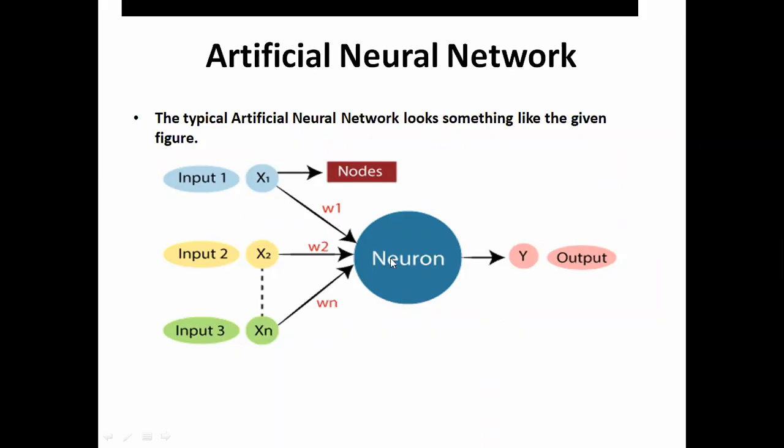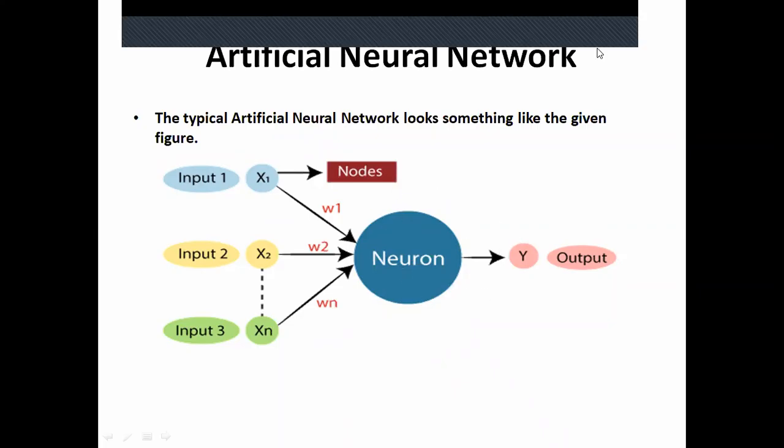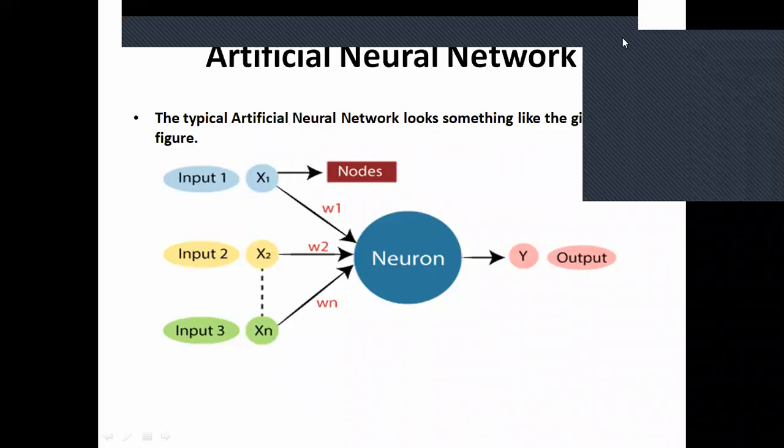So is it clear how our artificial neural network is similar to our biological neural network? In ANN also, you are having these nodes that are accepting the input just like dendrites. Then these inputs are being multiplied by the weights just like the synapses in the biological network. Then this neuron is processing this information. There are many things happening over here that I'll tell you later on, and you are getting the output.